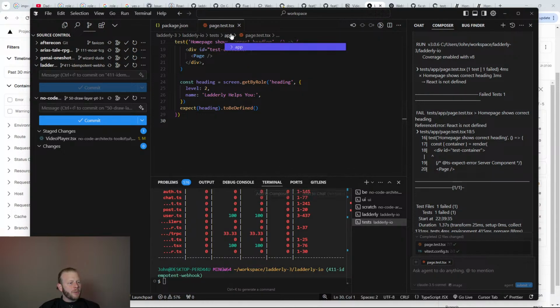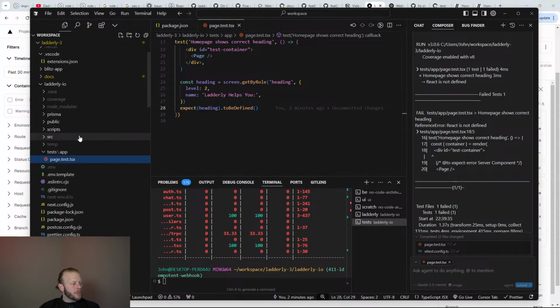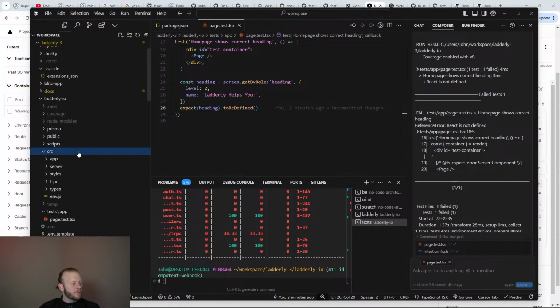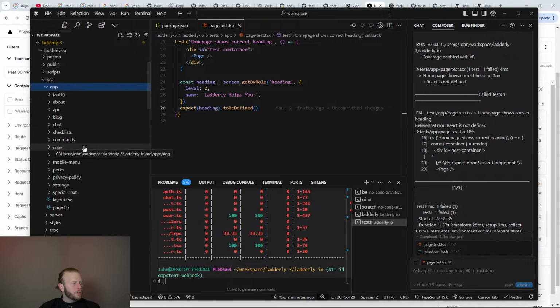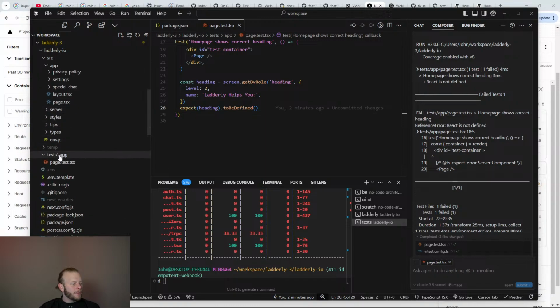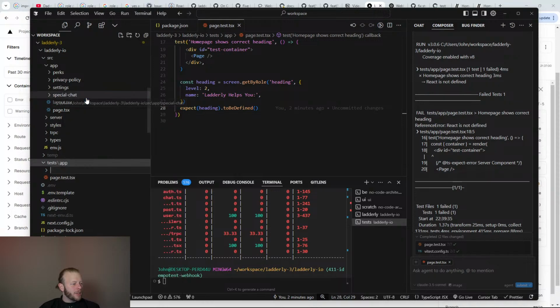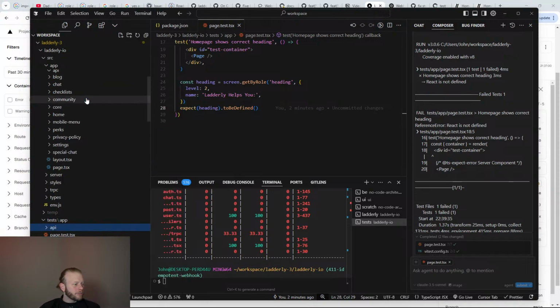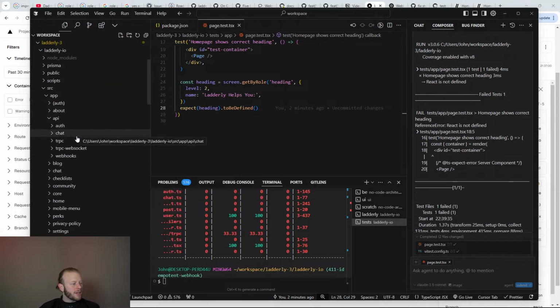Okay, so now we want to go test the Stripe webhook. So we're going into our directory here, and I want to make it parallel to the structure of the code under test. So source app API. Okay, so we have test app. We're going to make a directory here called API. Test app API.